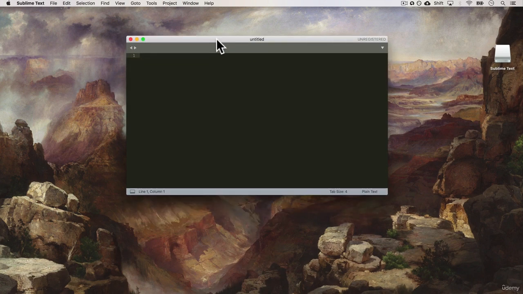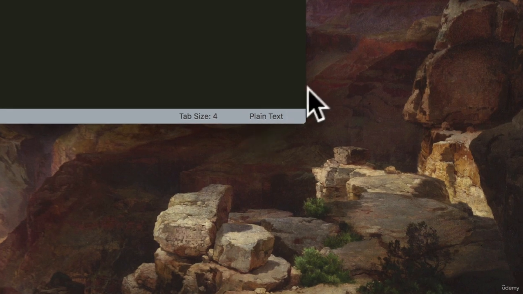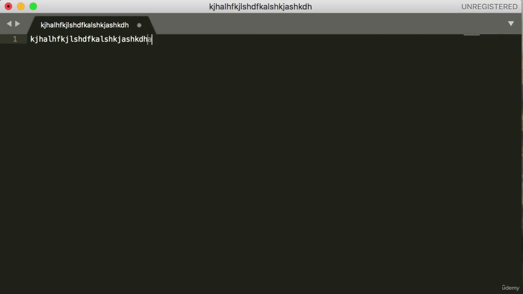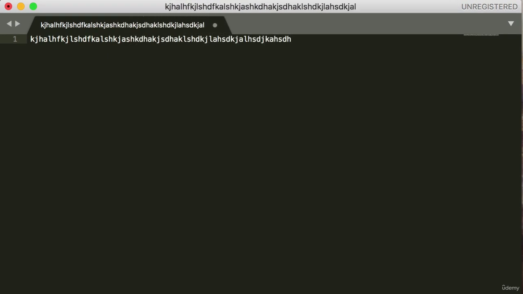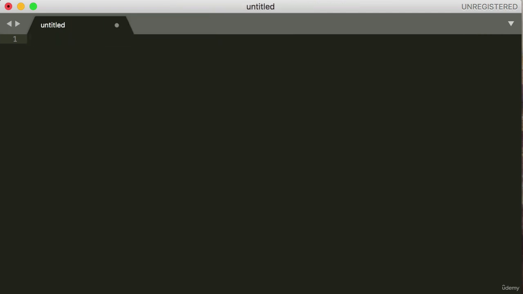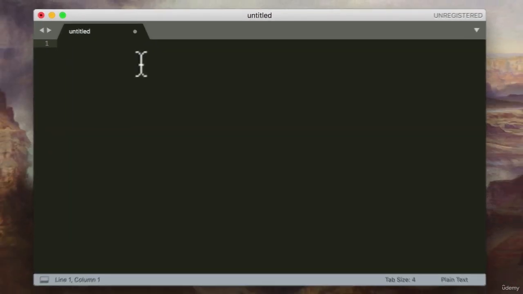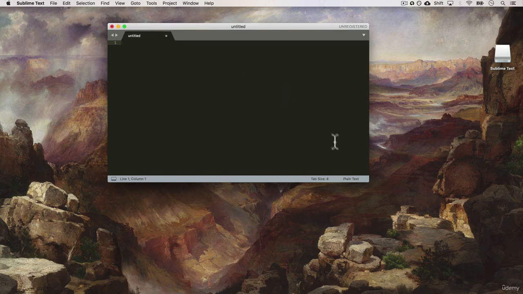Now, what is a text editor? A text editor is a program that allows us to write code. You can see over here on the right-hand side of Sublime Text that it just says plain text. So I can type anything that I want, and there's nothing much different than if you wrote this in Word or a text file. But the power with a text editor, especially with something like Sublime that's geared towards coding,